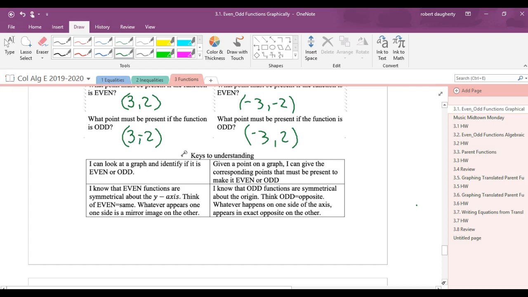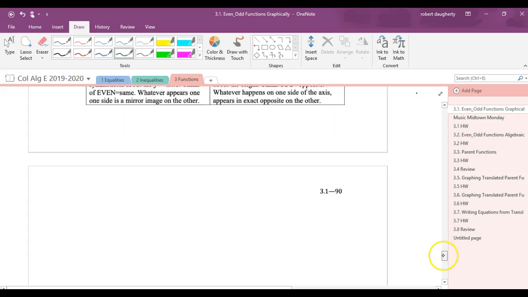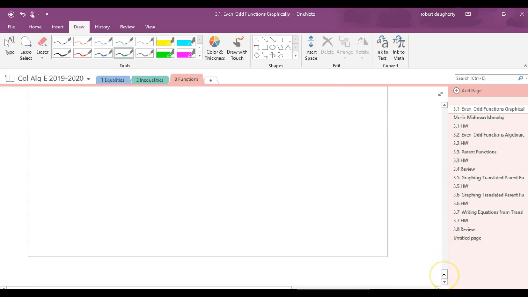Not the x-axis. It looks opposite when I look at it, but it's symmetric about what? The origin. Okay? So it's symmetric about a point. So what it does on one side of the origin is doing something symmetrical on the other side. Okay, so you should have time now pretty much to get through the homework assignment for